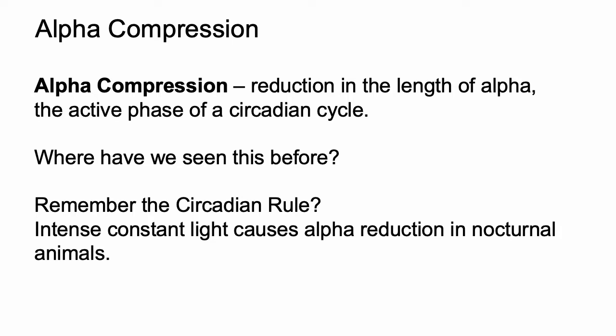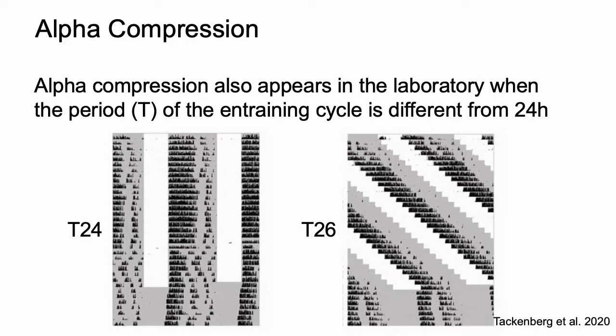It does the opposite in diurnal animals, causing an expansion, a lengthening of alpha. But in nocturnal animals, which are the ones studied the most in circadian rhythms, we see an alpha reduction when they're exposed to light. And we also see alpha compression